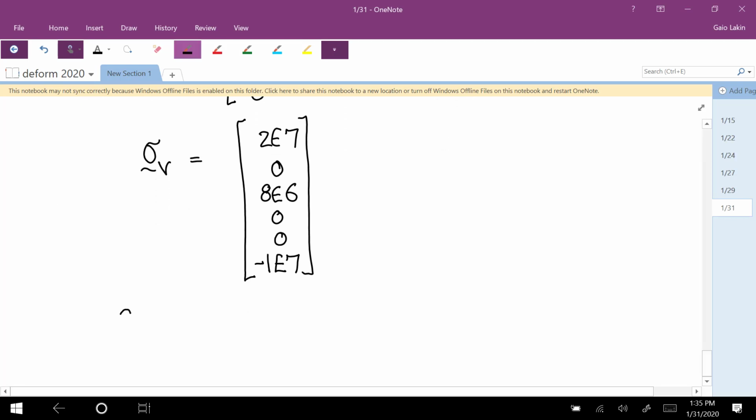And now to calculate the strain, we're just going to multiply that compliance matrix by the Voigt stress. And what you get in this case is